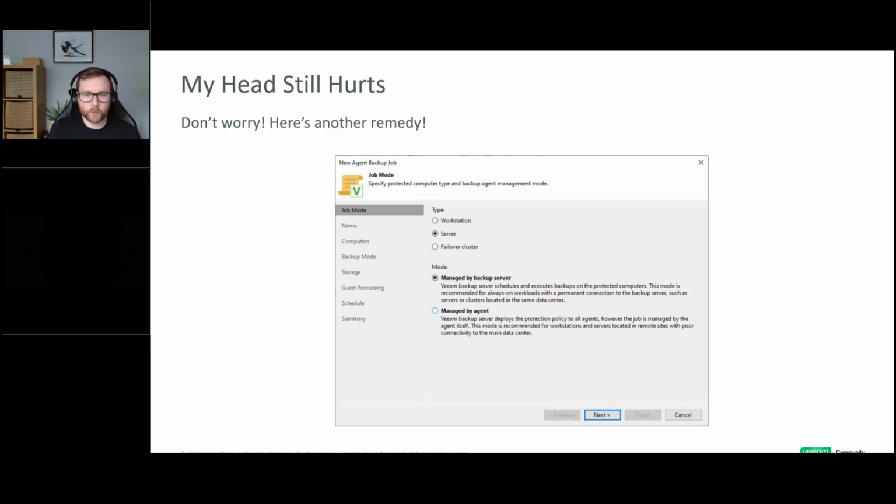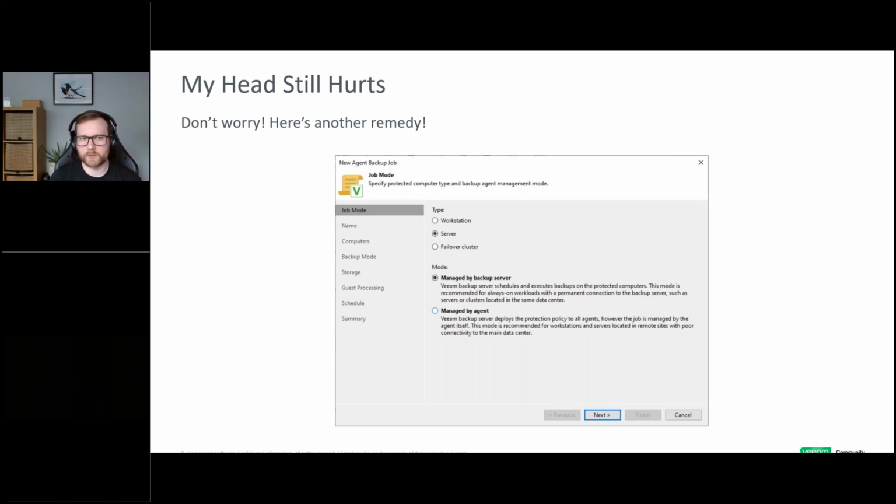So, before we continue our exploration into agents and object storage, I am going to give one more piece of advice that kind of hints at where our next topic is going. When you define your backup schedule for Veeam agent, assuming you're working with Windows or Linux, you get two options. You can define a backup job that is managed by the backup server, or a backup policy that is managed by the Veeam agent itself.